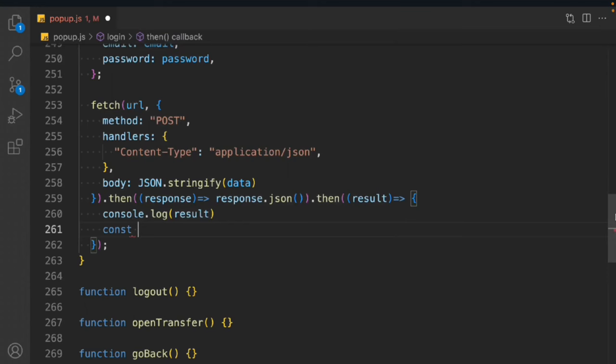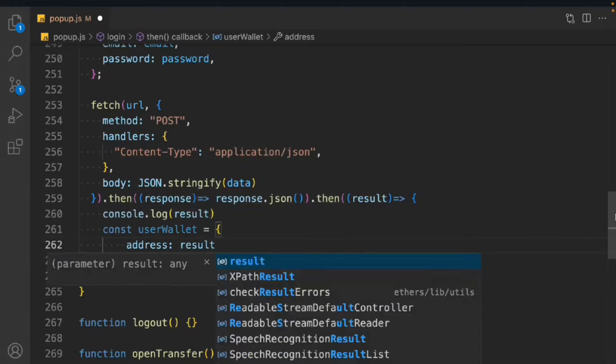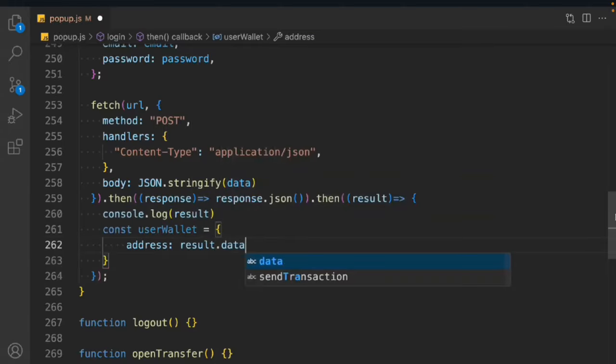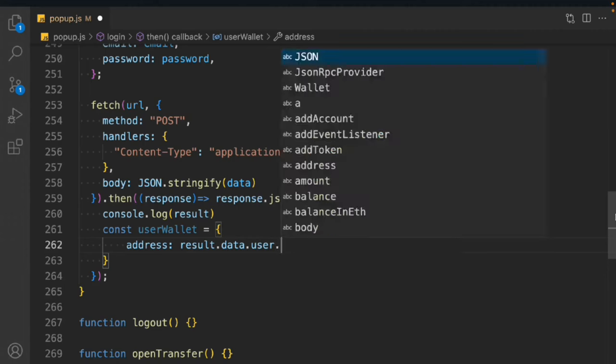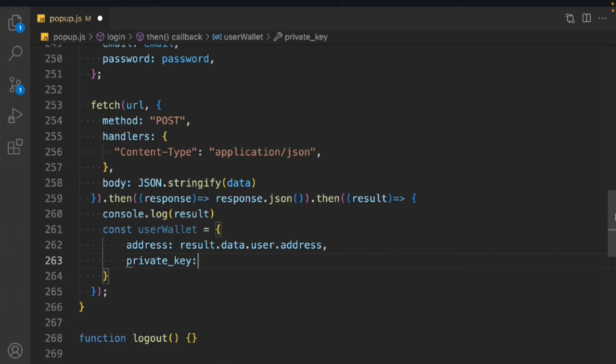So we'll take a variable called user wallet, because we need to store the user object in the local storage so we can make our MetaMask functional, because it's going to fetch the data from the local storage, and on the basis of that it will fetch the function. It's going to fetch the user, whether he connected or not. That's the object we have to set. So we'll take the address which is already there in the result, and this is what we're going to send back as a response. Then we have the private key which is there in the result,